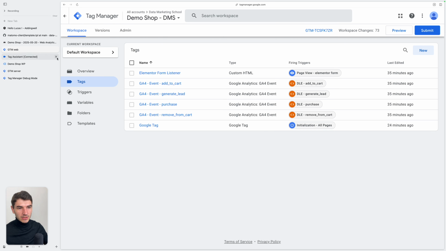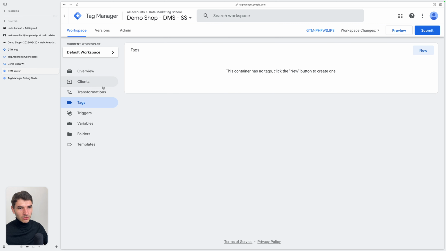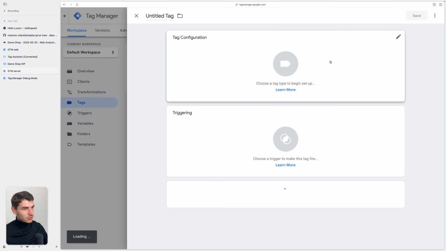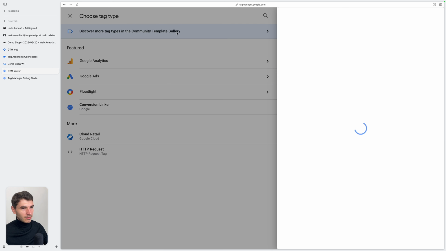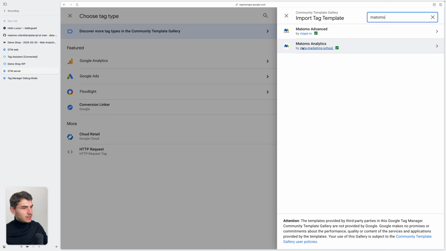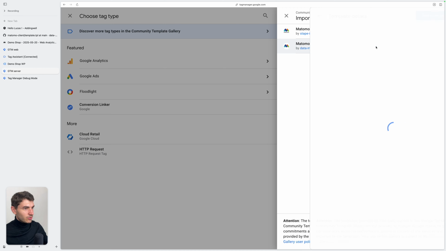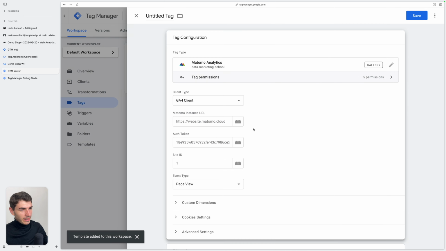So here it's already configured. I'm just going to add a new tag on my GTM server. I'm looking inside the gallery to find the Matomo Analytics tag from Data Marketing School. Let's type Matomo and select the one from Data Marketing School, click Add to Workspace, Add,